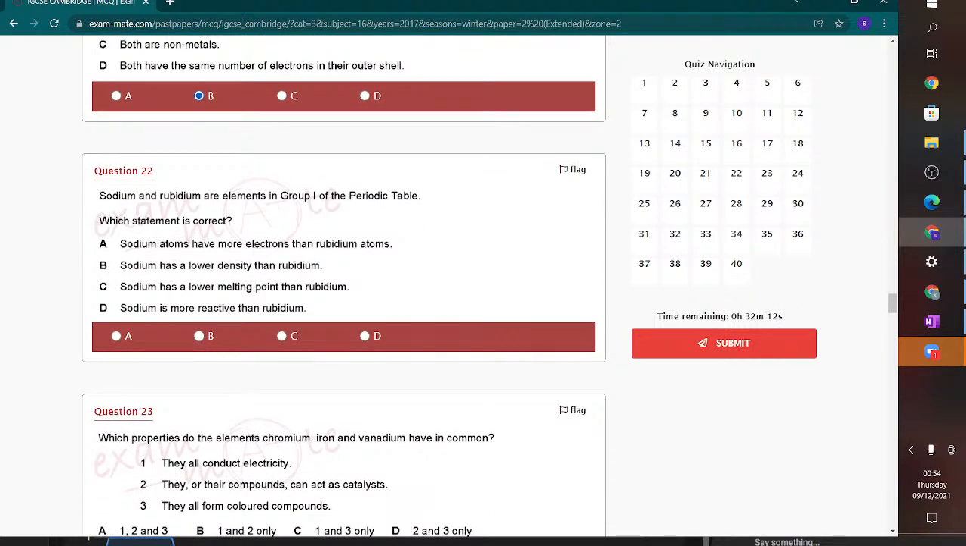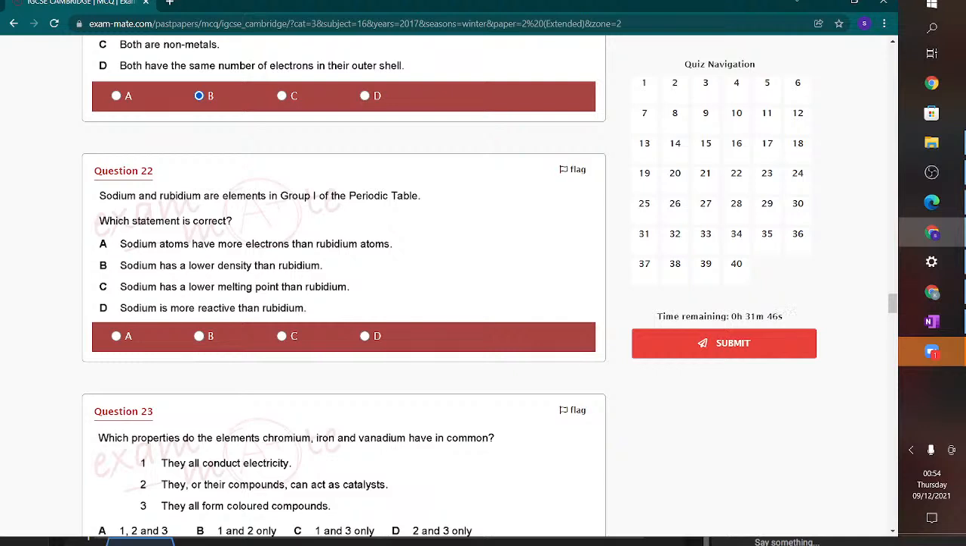Sodium and rubidium are elements in group 1 of the periodic table. Which statement is correct? Sodium has lower density. Sodium is more reactive. Sodium has more electrons than rubidium? That's incorrect. Sodium is more reactive than rubidium? That's incorrect. About density and melting point,